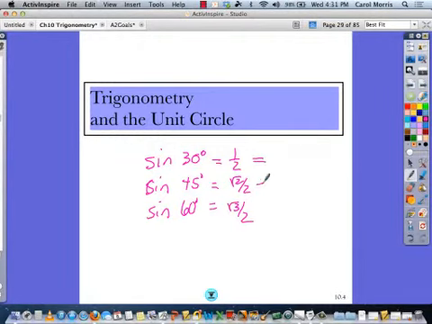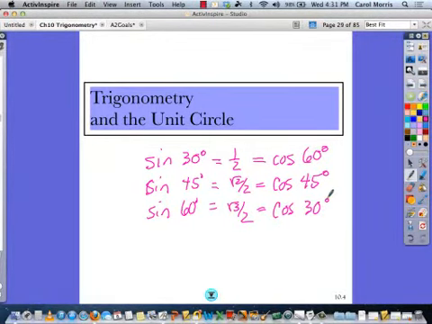Well, we learned that they also have what we call complement theorem. So the sine of 30 is equal to the cosine of 60. The sine of 45 is equal to the cosine of 45. And the sine of 60 is equal to the cosine of 30. So the complement theorem helped us. So if we don't have those memorized, it's going to be hard to travel around our unit circle that we talked about today. But luckily, the nice part of the unit circle today is we're only going to deal with